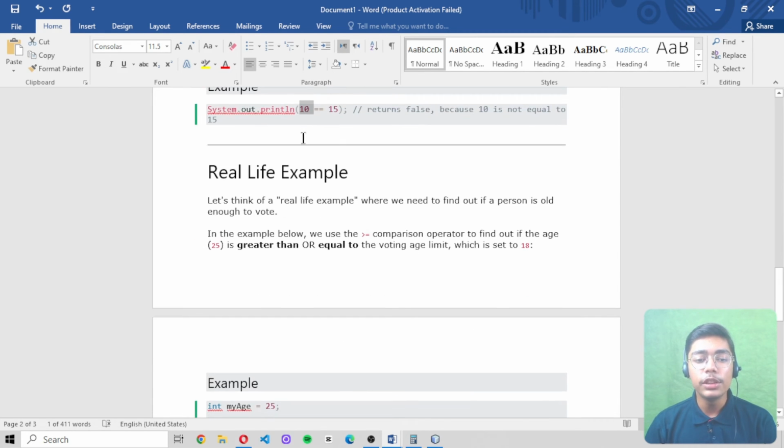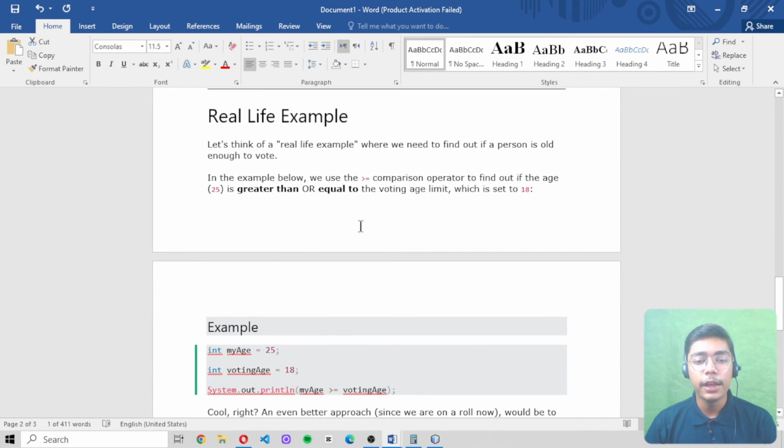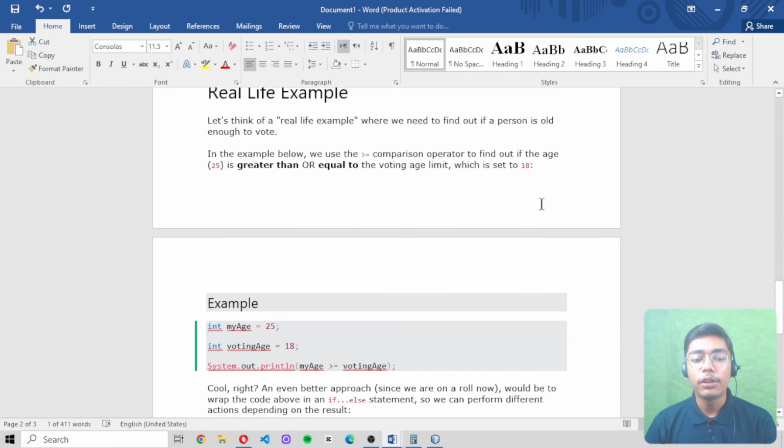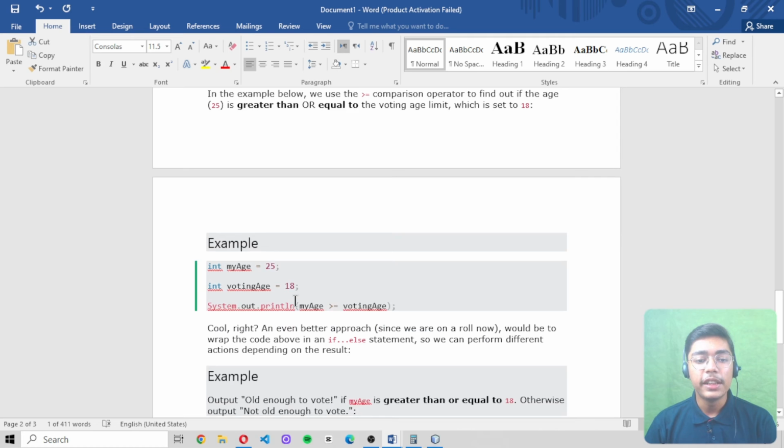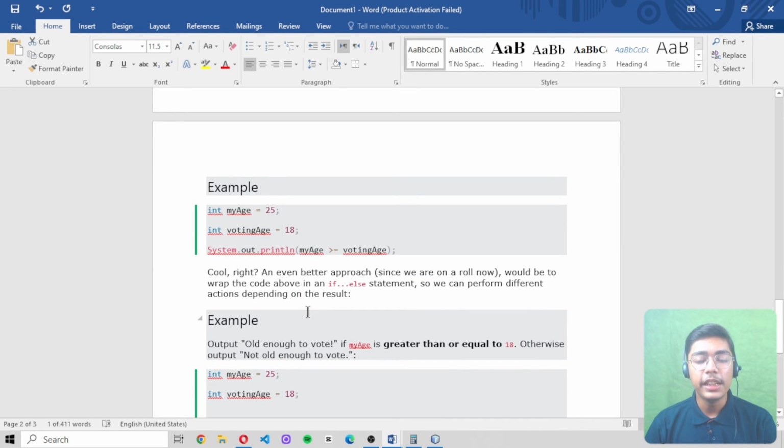And you can use all these things in real life examples as well, where you need to find out if a person is old enough to vote. In this example, we use the comparison operator to find out if the age 25 is greater than or equal to the voting age limit, which is set to 18. So here we have created one simple program. You can also say it is a real life example program to see if we are using these boolean values in our program with the boolean keyword and boolean data type,